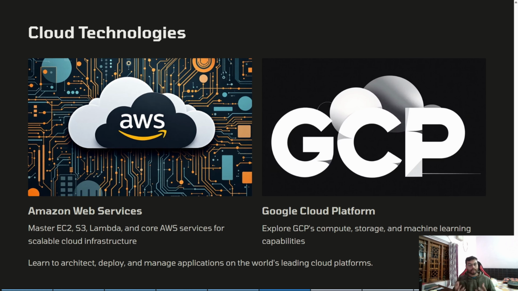After learning DevOps and DevSecOps, we will also understand where our application is deployed. For instance, in here, as you can see, we have AWS, that is Amazon Web Services, and GCP, that is Google Cloud Platform. But other than these two, we also have Microsoft Azure, which is also a cloud computing platform,